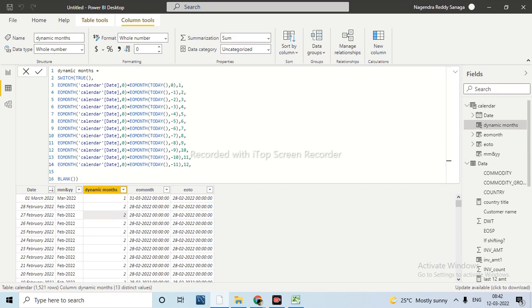For each month I have written a number. For example, if you come to March, what happened by default, this will come as now. When you go to April, the April will come as first, and automatically it will check with the current date. Now when we are in April, the current date will be April, and automatically number 1 will become April, number 2 will become March, number 3 will become February, right? Automatically the sorting and the information, everything will split out, and the graphs will automatically segregate based on that information.